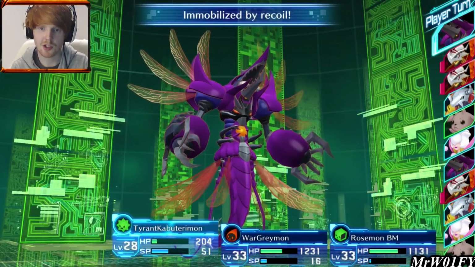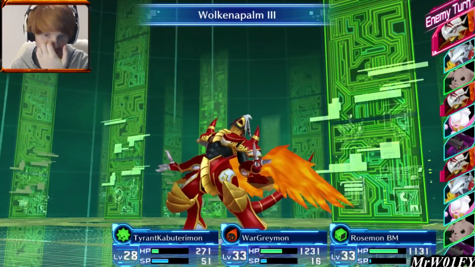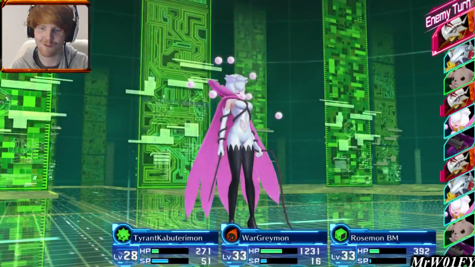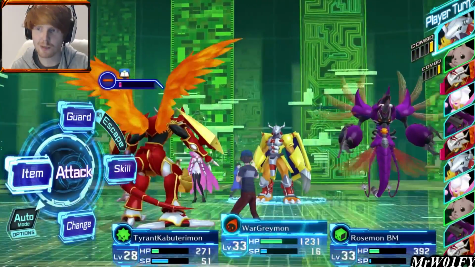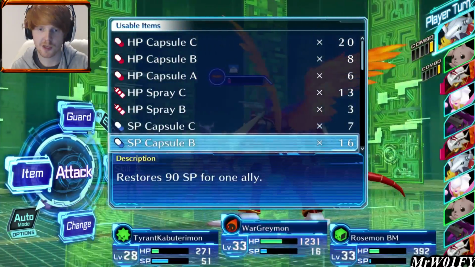Let's see if we can actually... Oh, we miss a turn. Shit, maybe I miscalculated this. This guy's going to hit us back. Please don't hit our Tyrant. Right, that's it. We're fine here, I think. We don't have a lot of SP, but at the same time... Oh, fuck. I know for a fact War Greymon doesn't have enough to kill this guy, so...